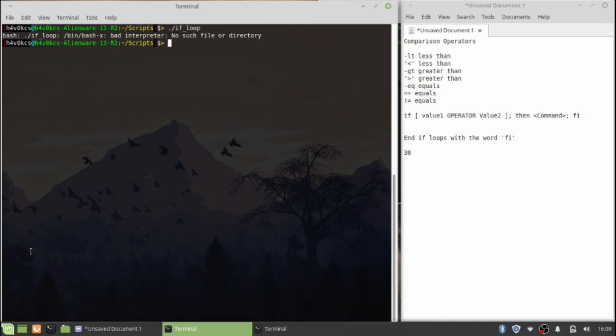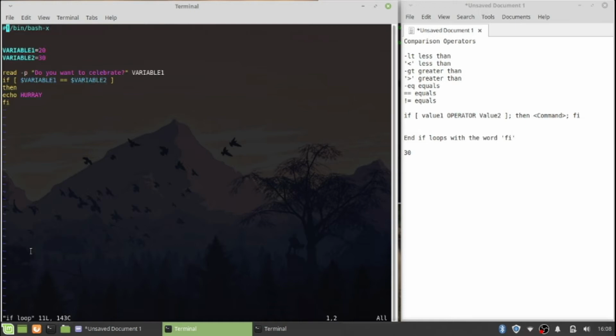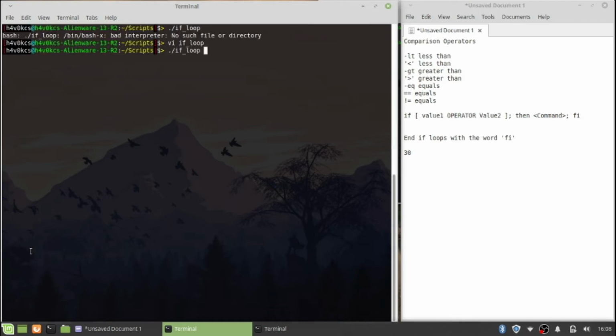If loop, oops, what did I do wrong? Yep, sorry, you want to have a space before your -x. Okay, let's try it again. So if I run my if loop for the third time,